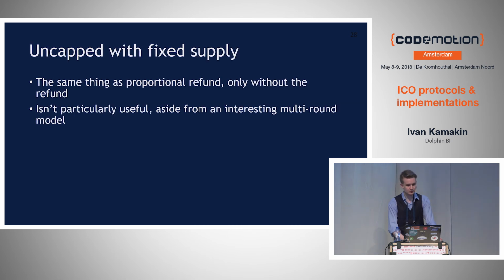Finally, there is the last model, uncapped with fixed supply. It's often used in multi-round sales. It seems pretty crazy as is, because it takes the worst parts of the proportional refund and throws away the advantages. But there's one interesting use case from the EOS crowd sale. They held one big round at first, and then waited for some time while the token was listed on the exchanges. So when the next rounds came, the token was already actively traded, and that allowed the crowd sale to have the effect of selling the token